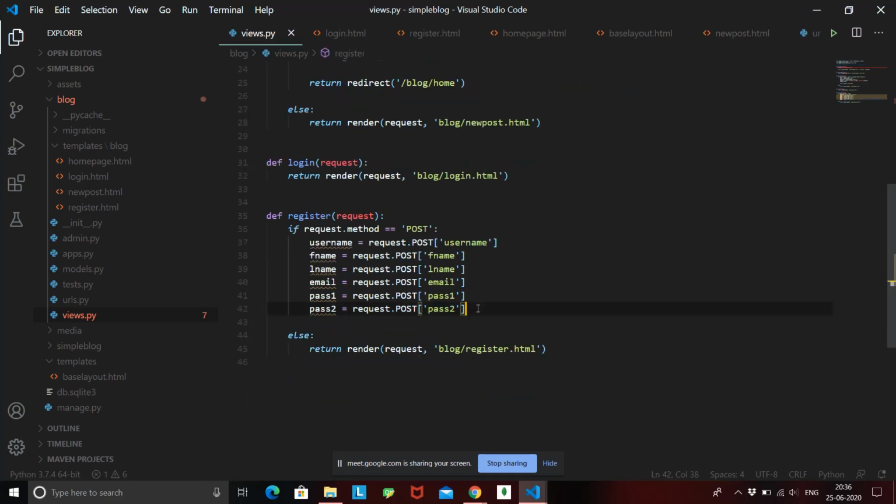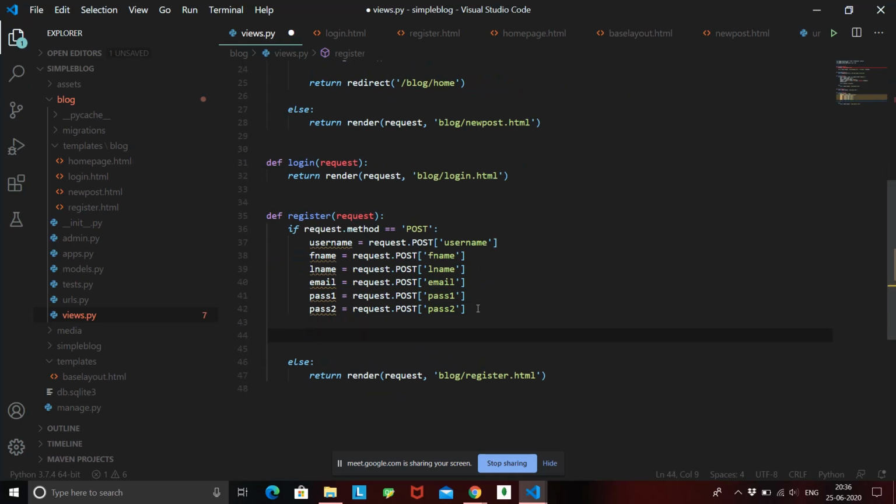As we created a new object for the blogs model and just saved it, we need to do a similar thing here. But first of all, we need to check if the user has really entered the same password or not. So we'll say if pass1 equal pass2. That means he has entered the same password both times. If he has incorrectly entered either password, then we are not going to register him, right? That is the main purpose of taking two passwords.